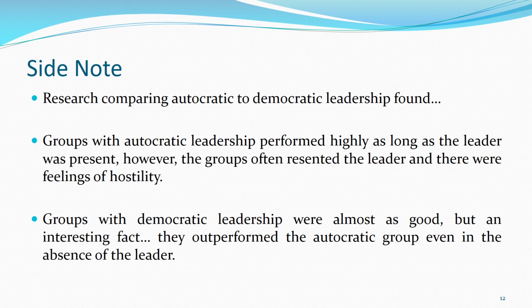So direct control is required with an autocratic leader to get maximum performance out of their followers or subordinates. Whereas direct control is not so much necessary with democratic leadership, because a person may have what is called stakes in conformity. I have a decent relationship with my leader, so even in their absence, I am going to do my work. Those sorts of dynamics operate in an underlying way such that the group with the democratic leader outperforms the autocratic leader.